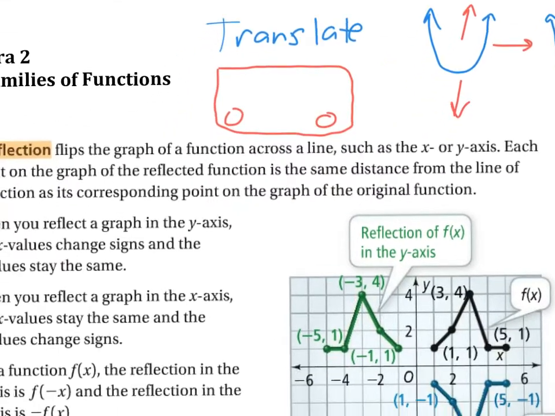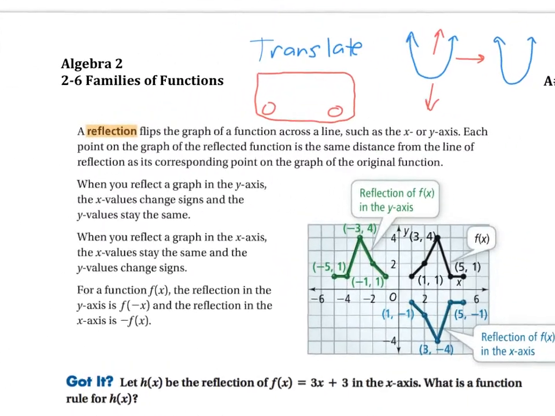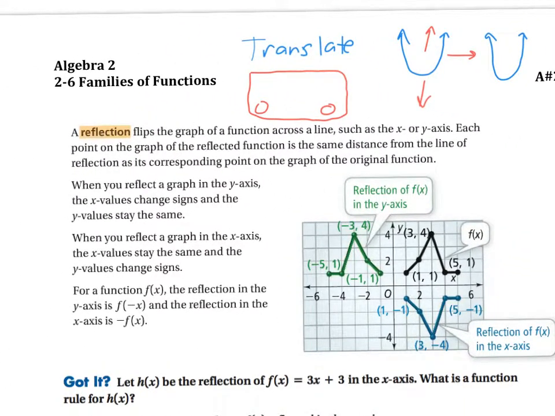Now, what we're going to chat about today are also transformations. We change the form of it. So we're not just changing the location, but we're going to change the actual shape in some way, or the orientation of the shape. So a reflection flips the graph of a function across a line. So if we look at the first one here,